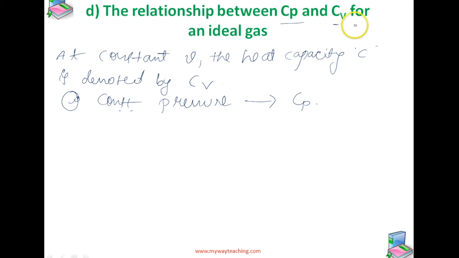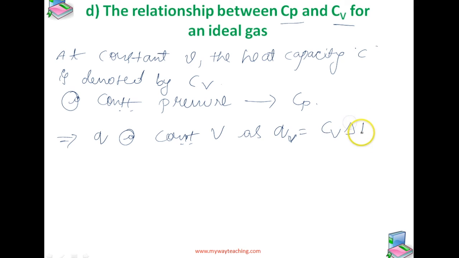Now at constant volume we can write the equation for heat, that is Qv is equal to Cv into delta T, which is equal to delta U. Like at constant pressure, as Qp